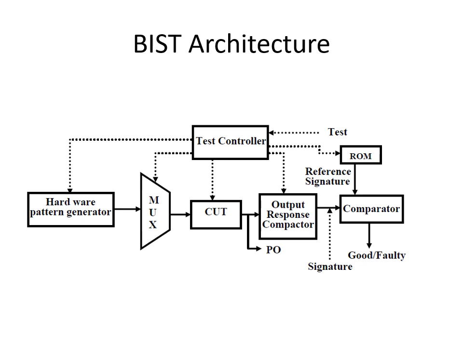This is the architecture of built-in self-test. The basic built-in self-test architecture requires the addition of 3 hardware blocks to a digital circuit. That is a test pattern generator, a response analyzer, and a test controller. The test pattern generator generates the test patterns for the circuit under test. Test pattern generators can be a ROM with stored patterns, or a counter, or a linear feedback shift register.